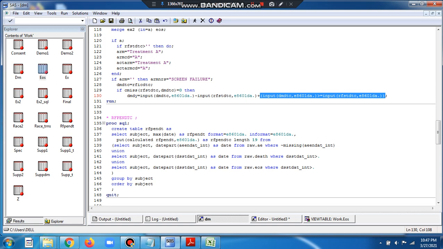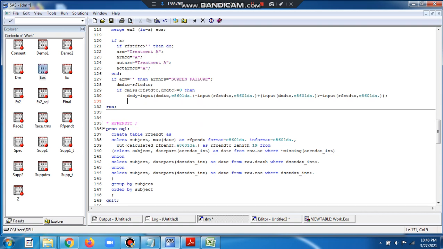If it is true, the value of true is 1, and if it is false, it becomes 0. So in other words, when DMDTC is greater than or equal to RFSTDTC, we will have to add plus 1 here, else it will be 0. In other words, you can just omit it. If DMDTC is less than RFSTDTC, this entire thing will become 0 and it will be omitted. So all you will have is DMDTC minus RFSTDTC. So this is one way of writing.